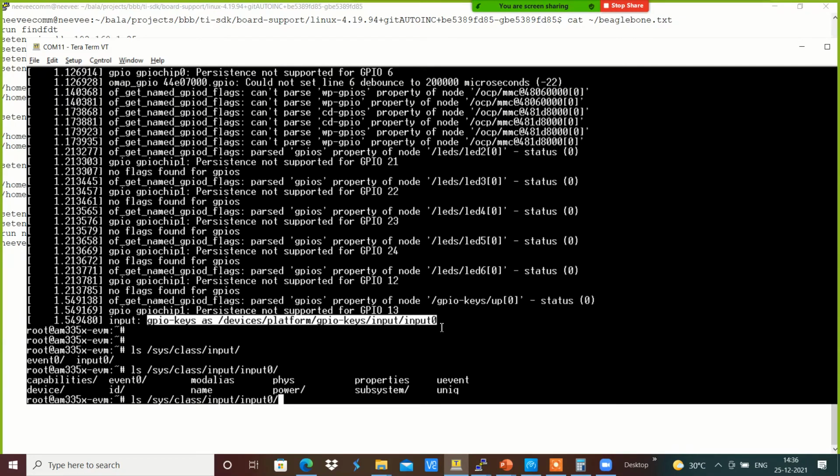Yeah, this basically shows how we can add the information about the device and update the device tree, and we can do that accordingly.